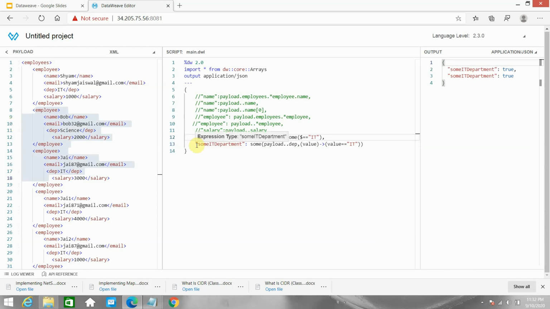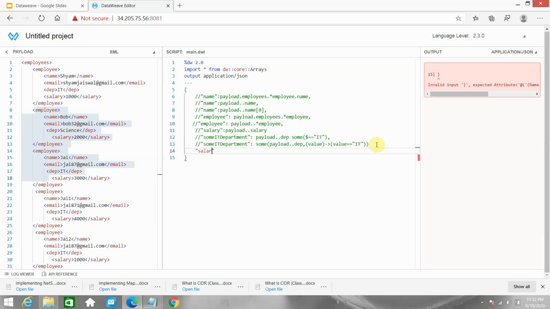Now I want to know whether every employee has a salary greater than or equal to 1000. In this case I will use the every operator. It's simple: salary greater than 1000.